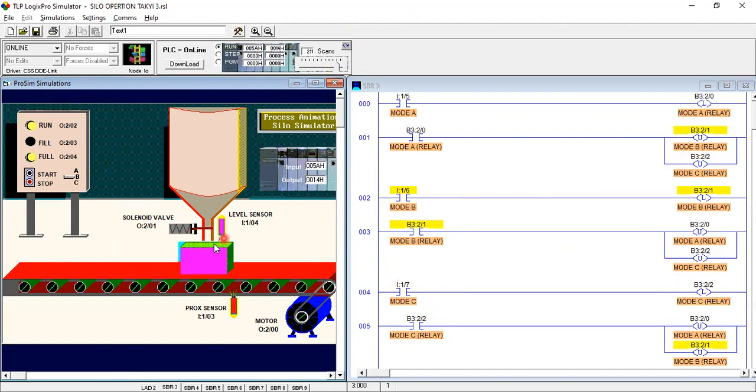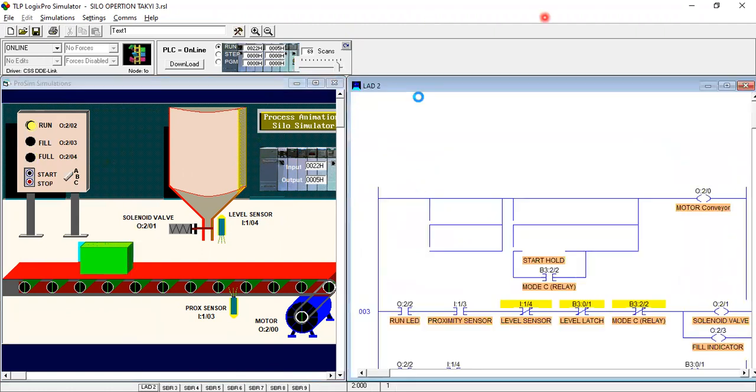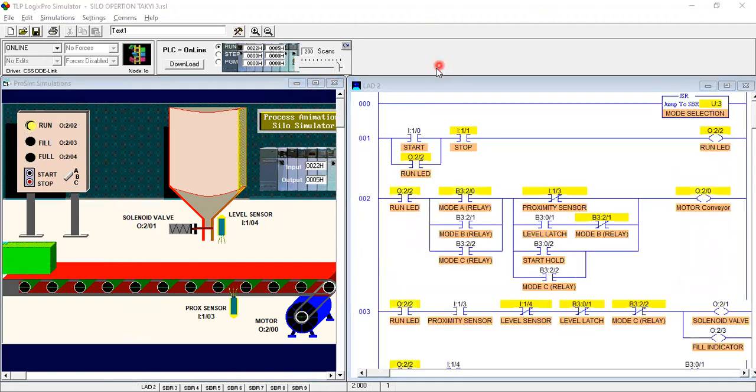As you can see, after filling the box, you must press it manually to continue your process. And if you select the A mode, then it will fill automatically and automatically run to the next place. So this one is working like that.